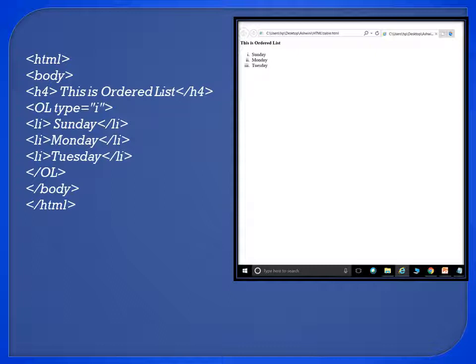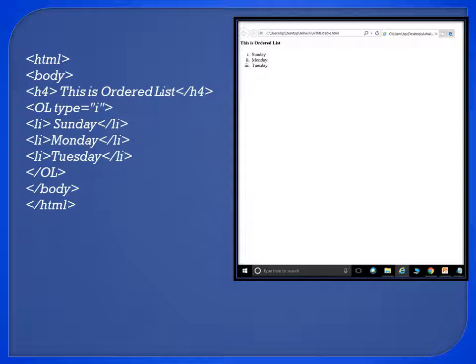Here I used lowercase Roman numbers, so that our list starts with a Roman lowercase 1. Now we are going to insert the list items in the list by using the li tag: li Sunday close li, Monday close li, Tuesday close li. Here we inserted three list items in an OL list.